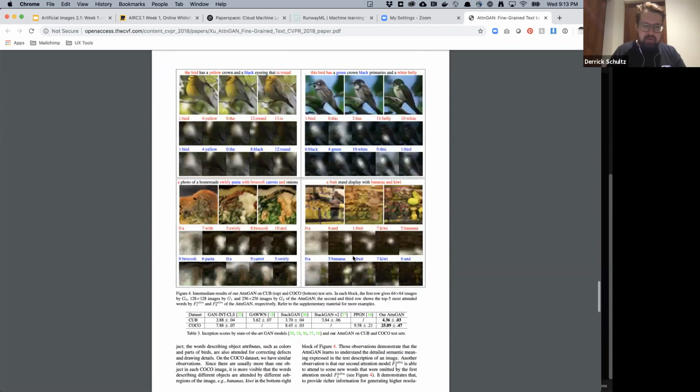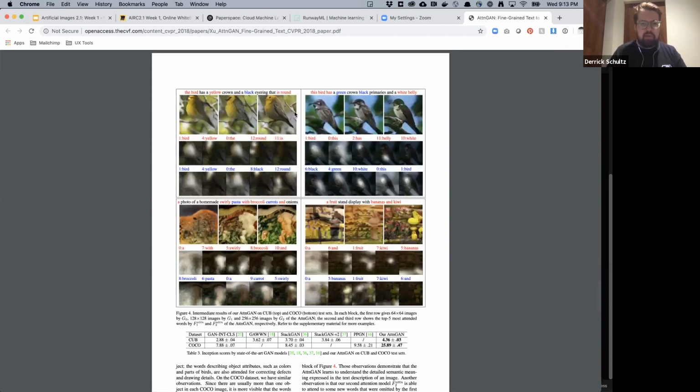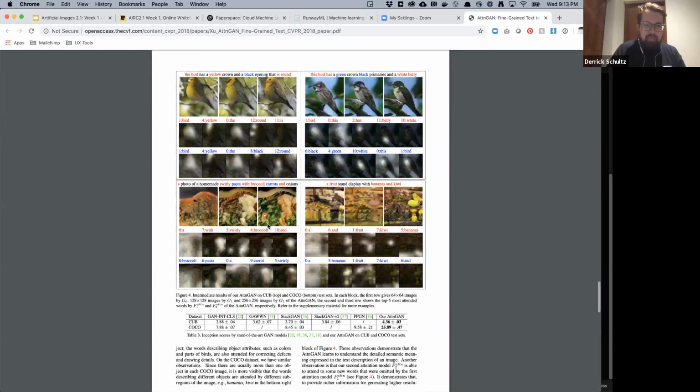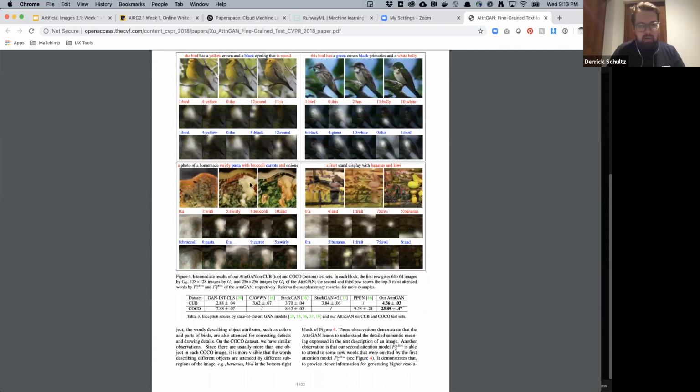And what I think is really interesting is, here's what the example was trained on, and you would say, okay, it must be able to create some birds, right? That seems pretty reasonable. And this is probably the model that is in Runway, but a photo of homemade swirly pasta with broccoli, carrots, and onions, that's not a good representation of any of those things. But that might be better than me putting in a bunch of random words, right?